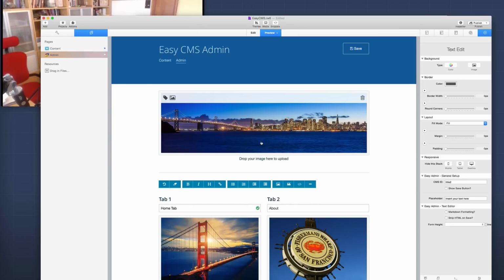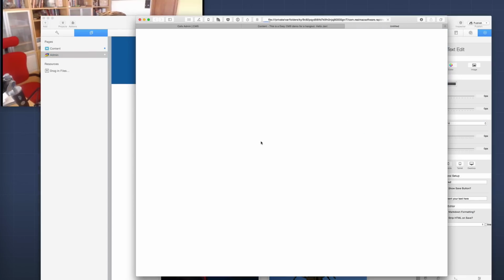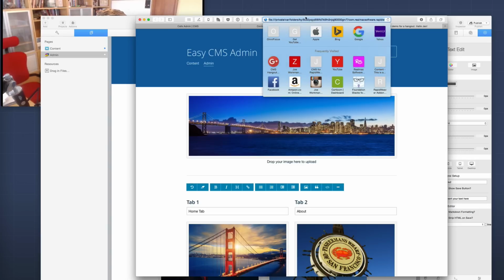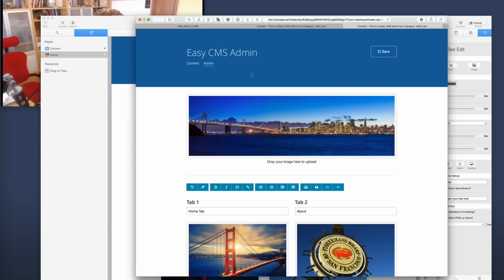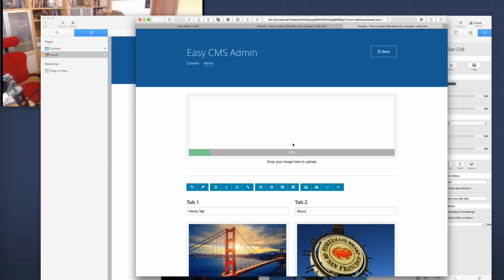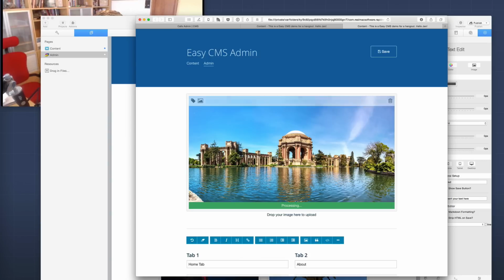And if you just hit Command P in RapidWeaver, that will actually preview the website locally inside your default web browser. Okay, so now RapidWeaver has opened up this page locally inside Safari. And if we look at the URL bar, it's a file URL. It's local. It's not published. Okay, now I can go ahead and choose a new image and upload the new image from the local copy